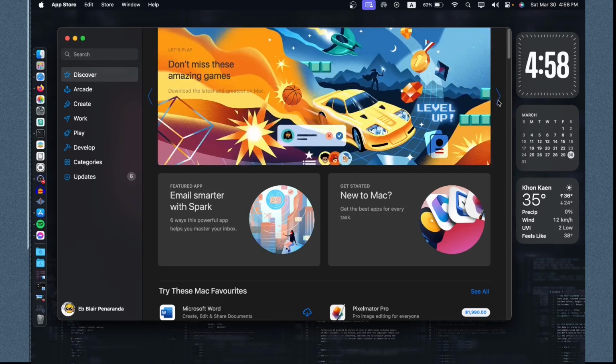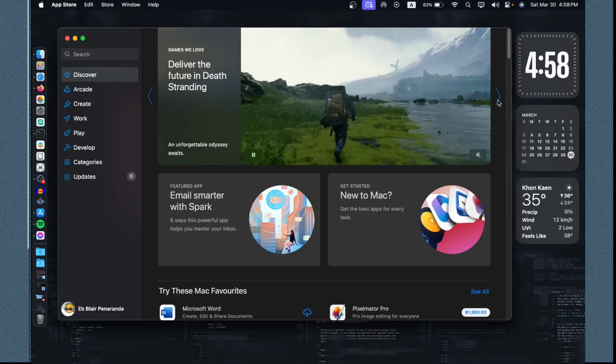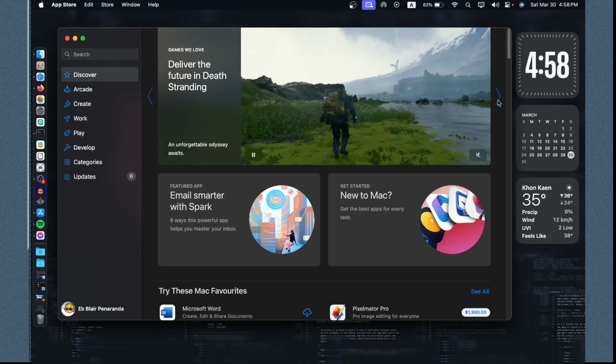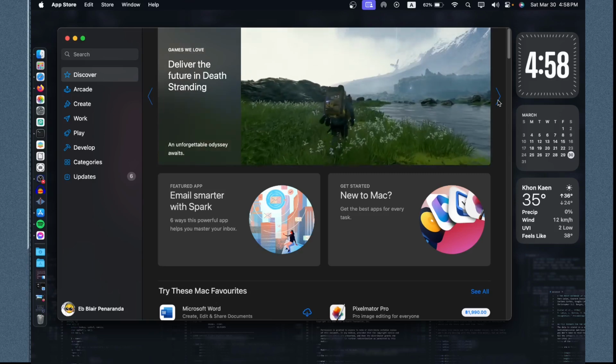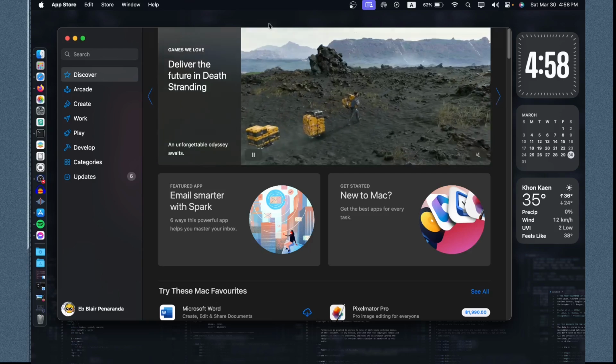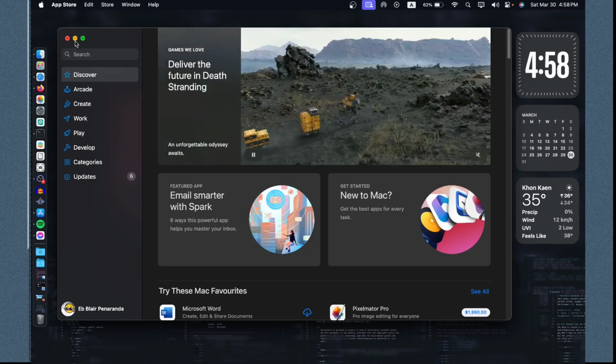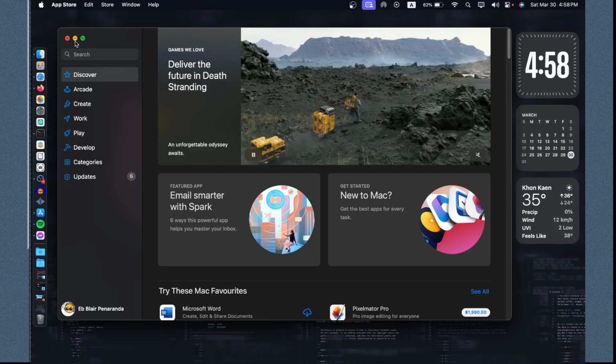But of course, I'm not using Microsoft 365. I don't want to pay every month just to use Office, because I've been using the same Office for the past more than 4 or 5 years